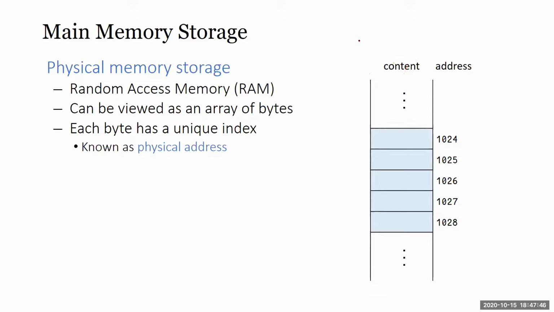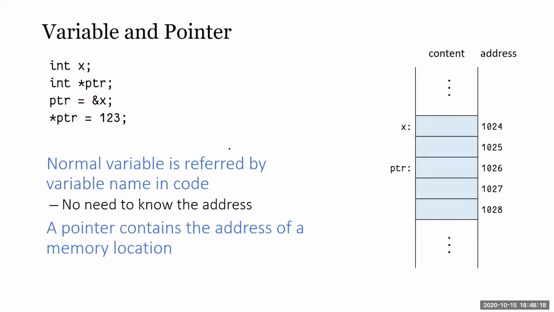Same as computer memory. It doesn't matter how the physical address of memory is stored. We can always serialize them by a sequential address. So we can view memory as a unique index. This is what we call a physical address. Even though physically it's not an actual address, it's just like your postal code is a physical address. It identifies your location, but oftentimes the numbers don't give you much hint on the location. It's not in any pattern.